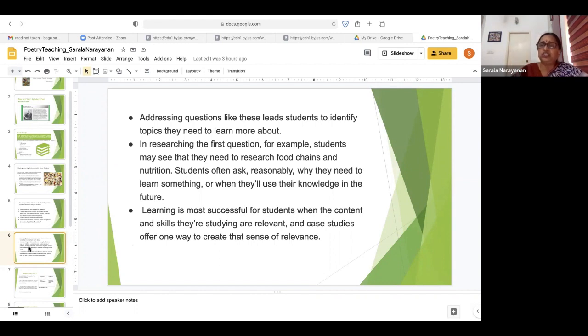So we have to pitch in where it will be useful in future. If they don't get a concrete reply from us, then they will not like to go about doing these things. So we should ensure that what the students are learning will be useful for them in their practical world later on. Learning is most successful for students when the content and skills they are studying are relevant. So case studies offer one way to create that sense of relevance,